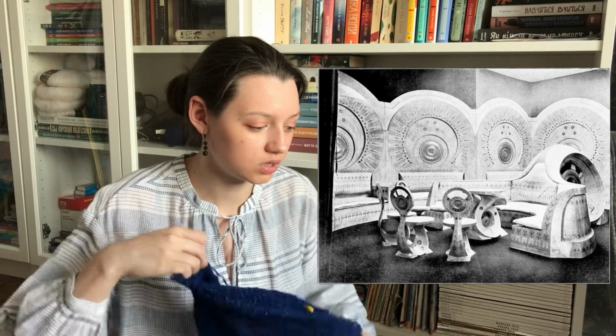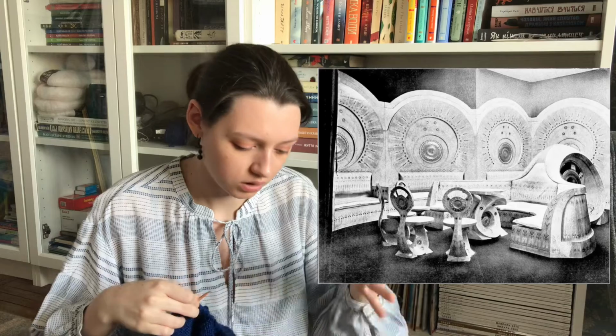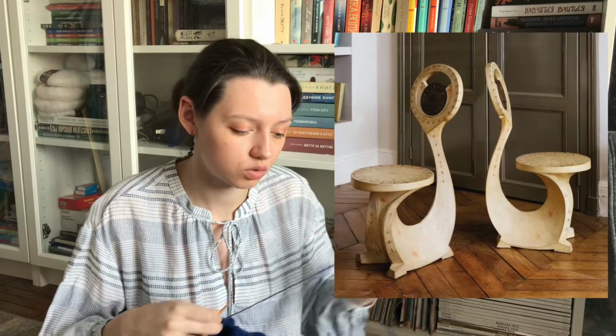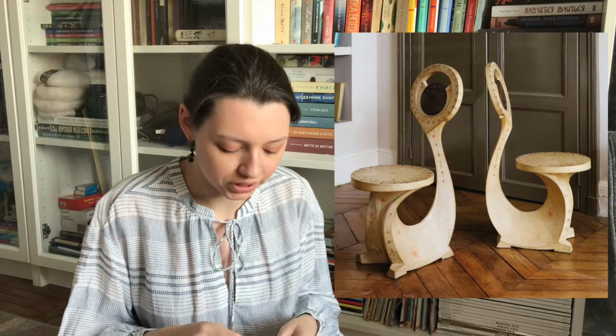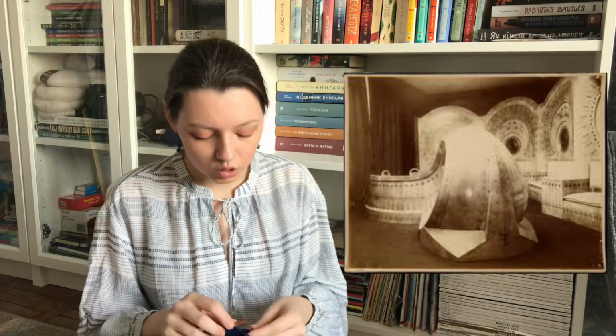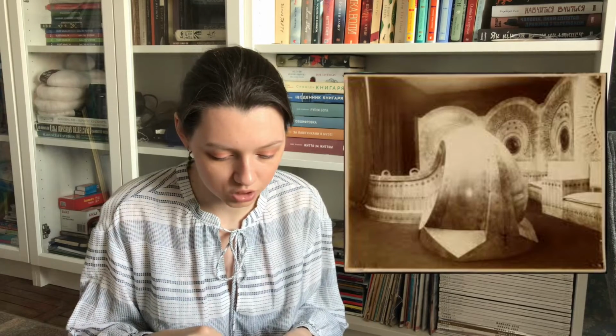And he did not just create the room itself. He created, obviously, the furniture for the room. The most attention was paid to the Cobra chair. At the center of the room there was a semicircular banquette with a drinks cabinet that was made